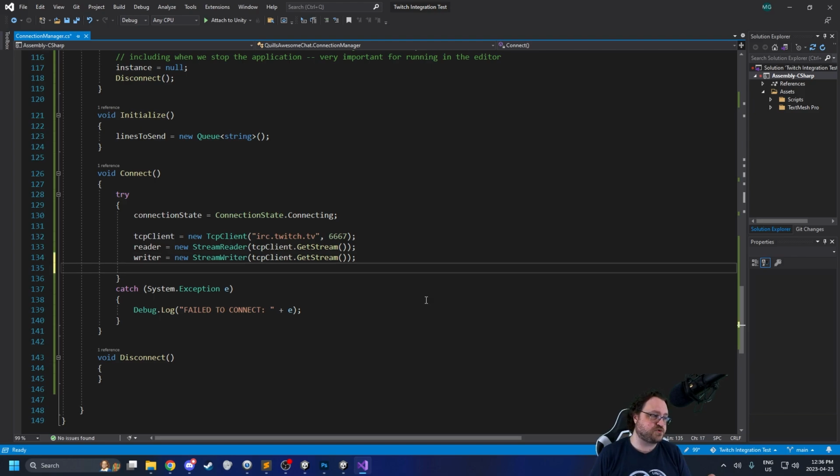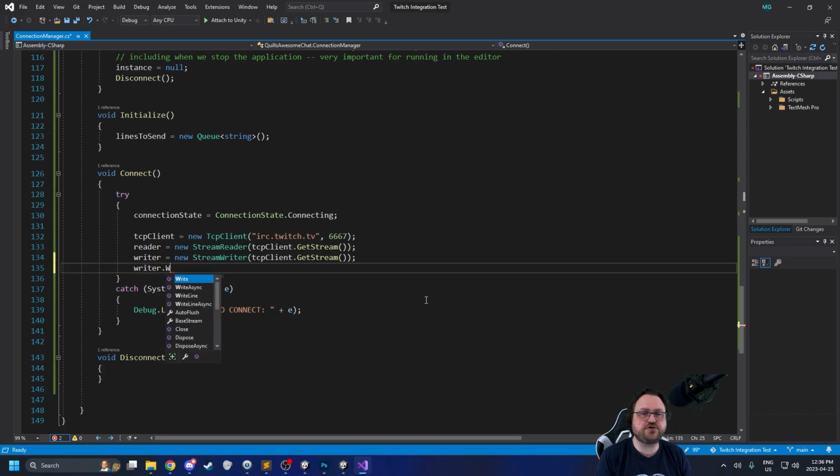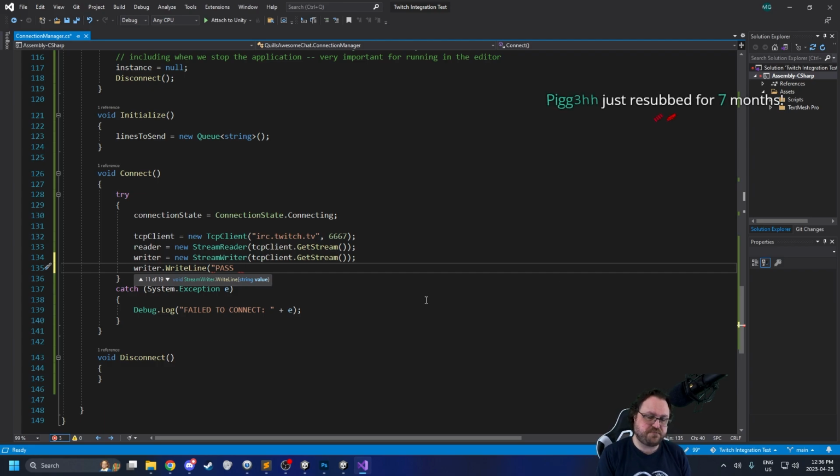So now we have to do our actual connection. Now, counterintuitively to me, what we're going to do is actually send the pass first. This is the actual IRC client connection code. I was just reading the RFC for IRC yesterday. I don't remember if it's actually agnostic about what order we put things in, but the big thing is with